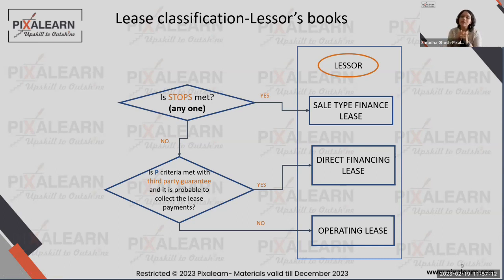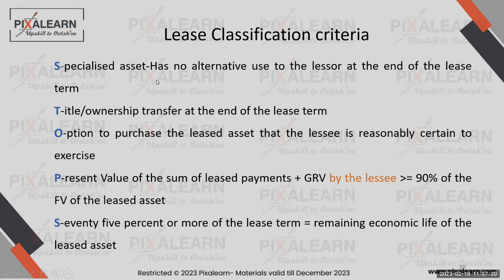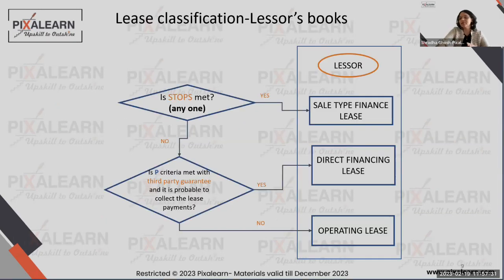Can you tell me if it's a direct financing lease for the lessor? How will the lessee classify this lease? Can anybody tell me quickly? It's a direct financing lease for the lessor. How will the lessee classify this lease? Can anybody tell me? Operating. Is this clear? Always. Because none of those 5 criteria are met. Ideally, it's not a contract for a rental contract. So the only criteria left is the operating lease.